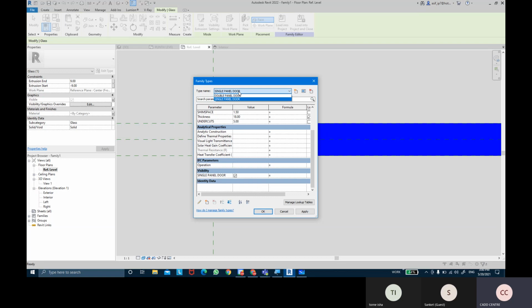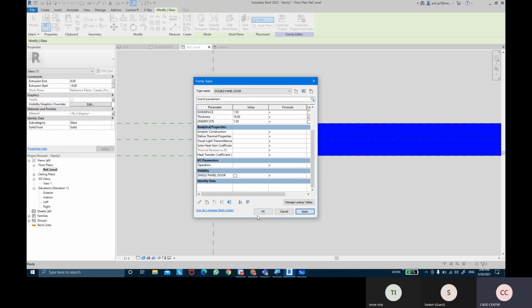Okay. Now for the single panel, it is on, but while I'm using a double panel door, the visibility should be off basically there. So when I'm creating a double panel door, I'll make sure the single panel door visibility is been turned off, and then I'm going to click on apply. And now if I look into the single panel, you can see it's on, but when I'm going into double panel, it is showing me off basically. So while double panel, the panel visibility would be off basically.